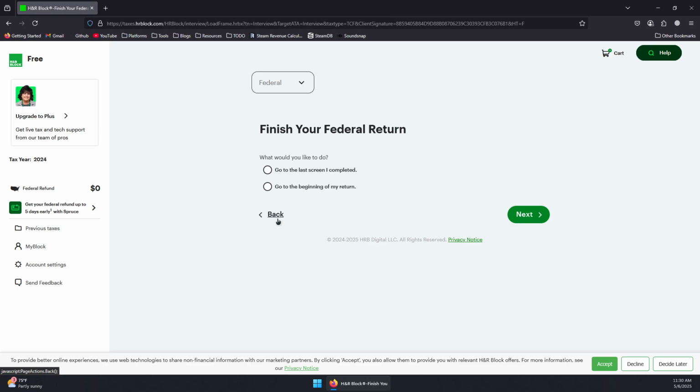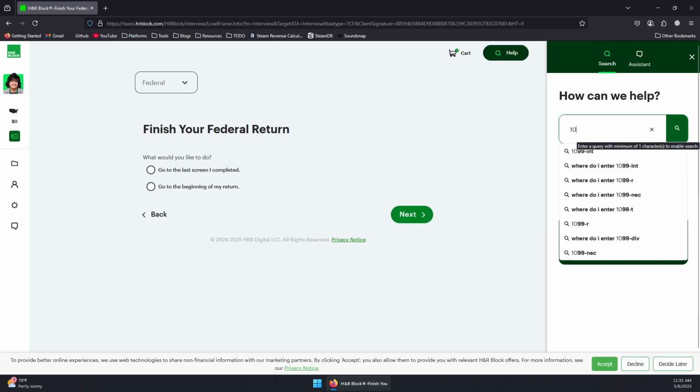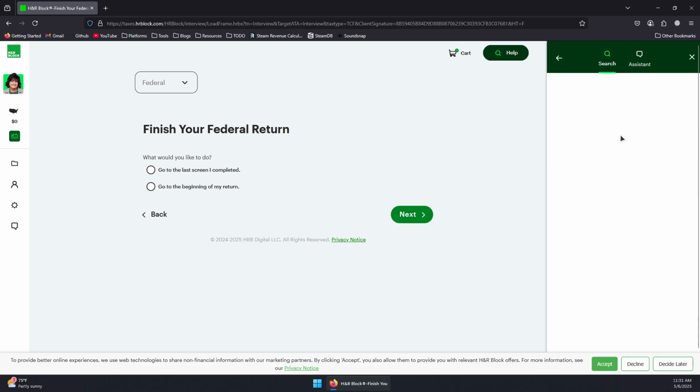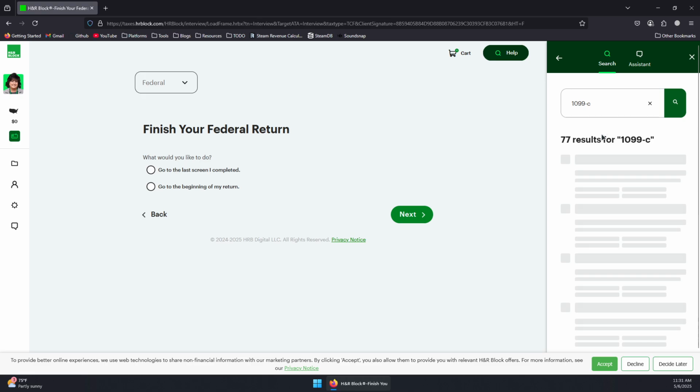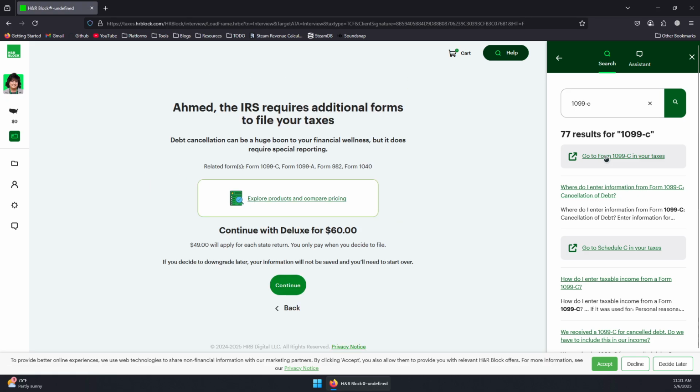Now you can click on the help section in here and search for 1099, for example, INT. You can also search for any different form you want, for example, 1099C, then press enter to search for it. And now you should click on this first link here next to the arrow, and it should take you directly